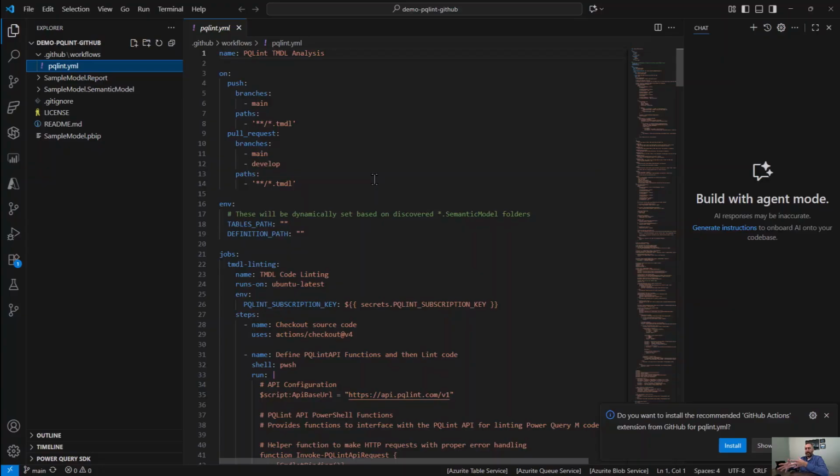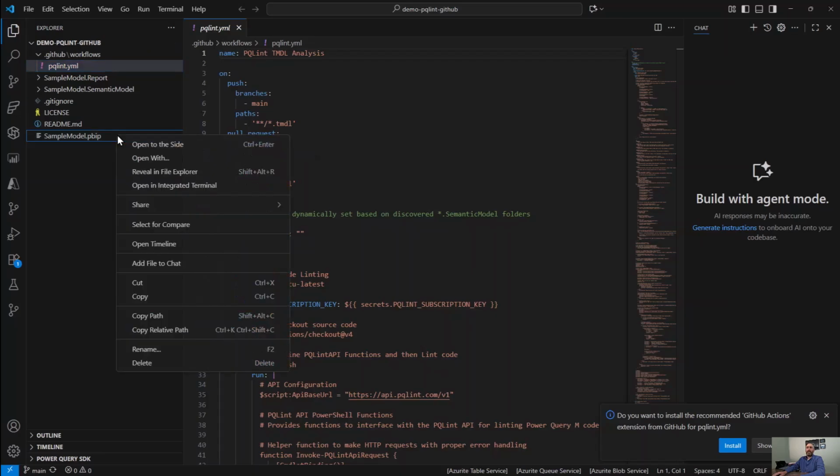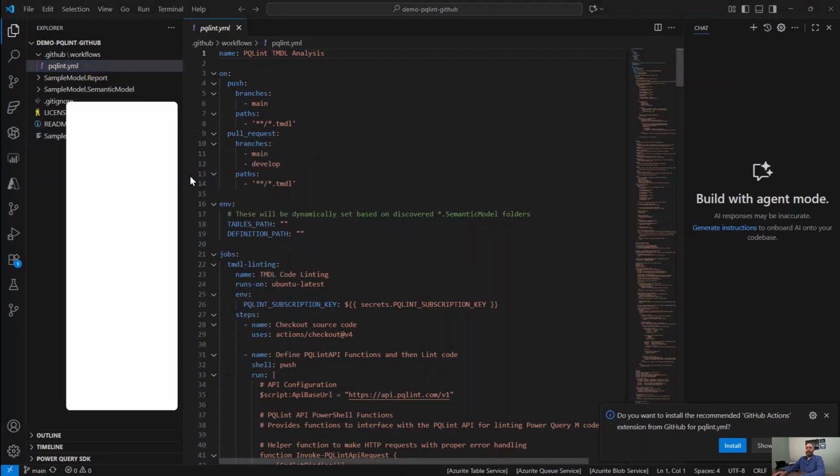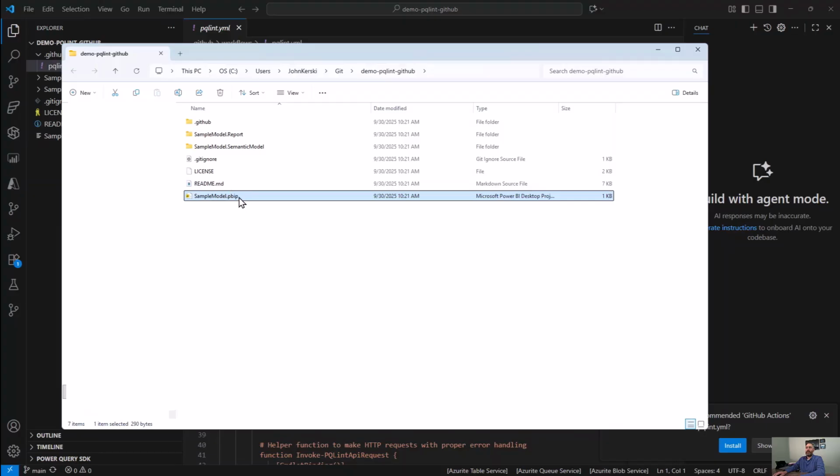Now you're free to make updates to this template as you see fit to work with your business process, but we just want to show you how the linter works and how it adheres to the changes to the TMDL file and gets triggered to make the linting calls to the API. So one of the things I'll show you is if you just right click on the PBIP file and say reveal in Explorer,